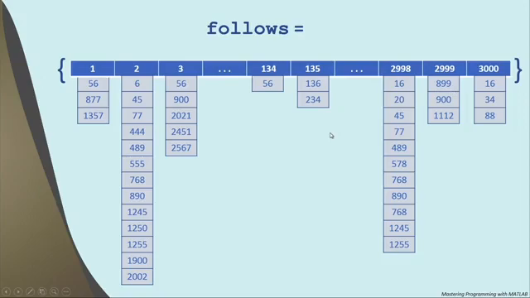Let me illustrate this with an example. Let's say Joe, whose ID is 2, follows 13 people. And let's say Jane, whose ID is 2,998, follows 11 people. And let's say further that 7 of these people are on both lists. Well, if no other pair of people out of the entire list of 3,000 are following more than 7 of the same people, then the answer to our question is Joe and Jane. Or in terms of their ID numbers, the answer is 2 and